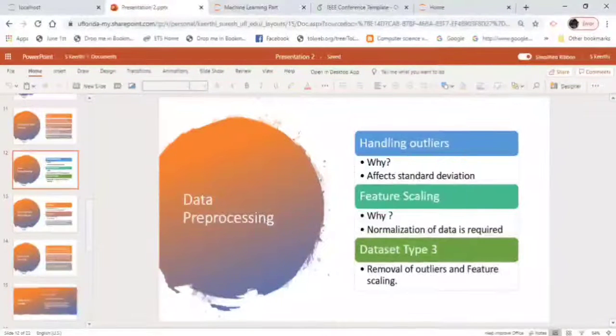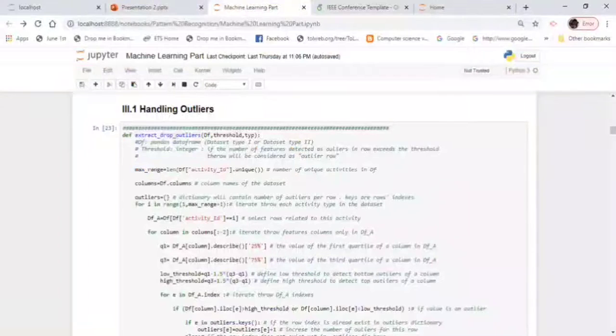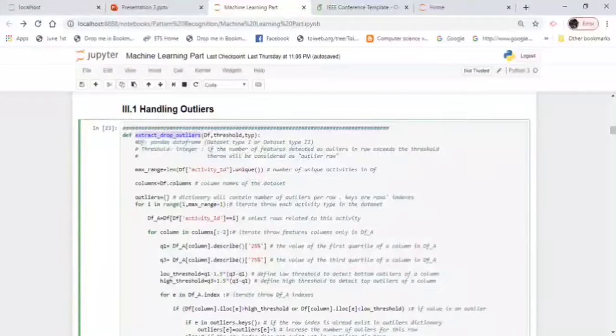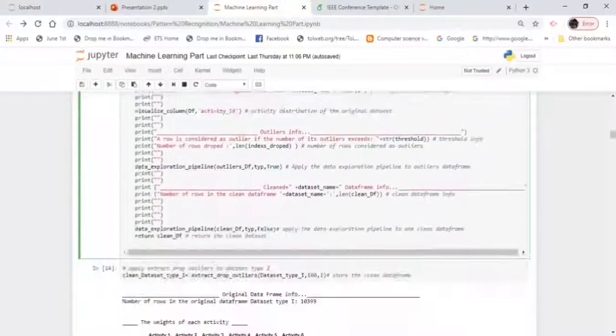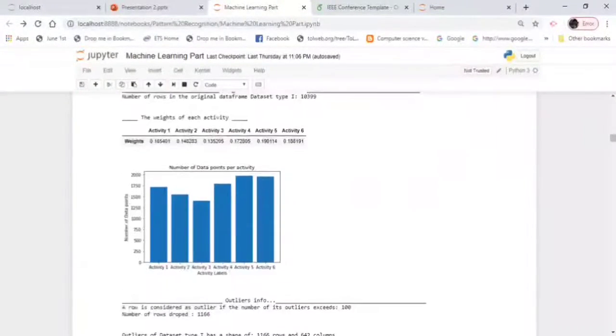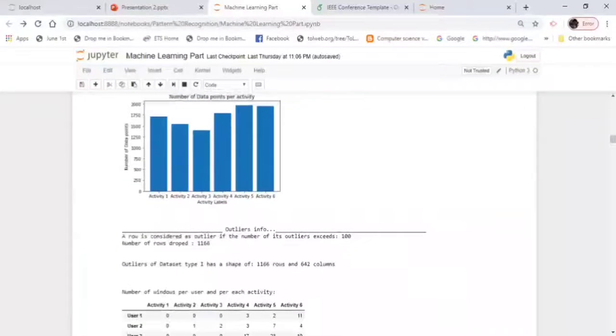After implementing these two functions, handling outliers and feature scaling, we obtain dataset type 3. So this is basically the removal of the outliers and the feature scaling part. I went ahead and dropped all the outliers, and you can see the improvement in the bar graph.